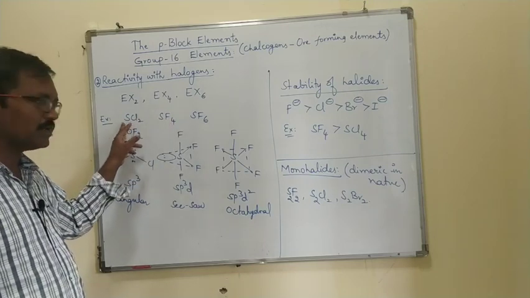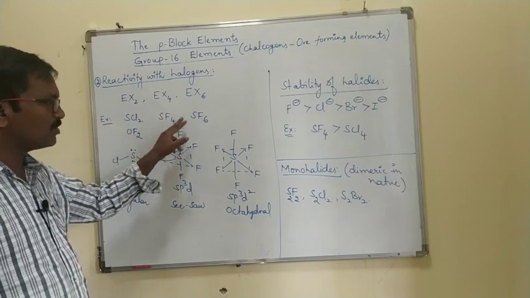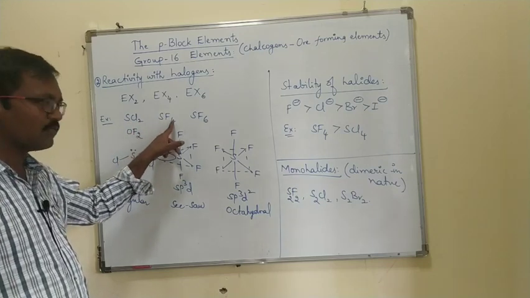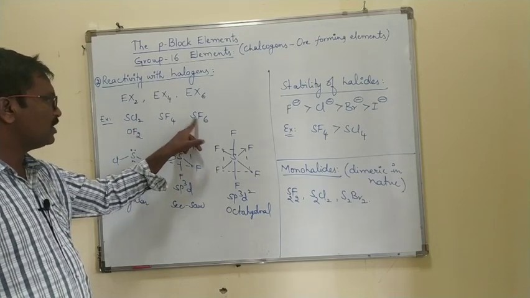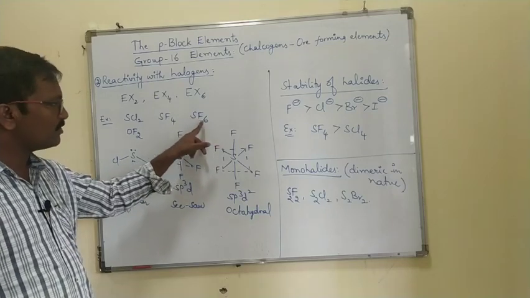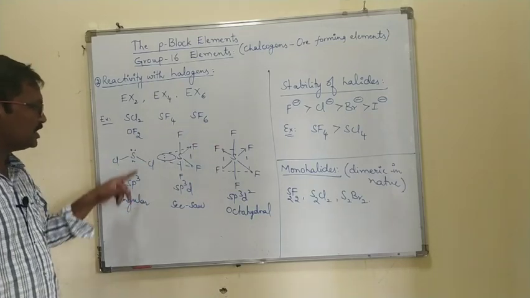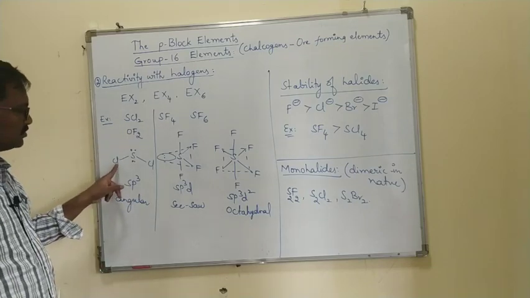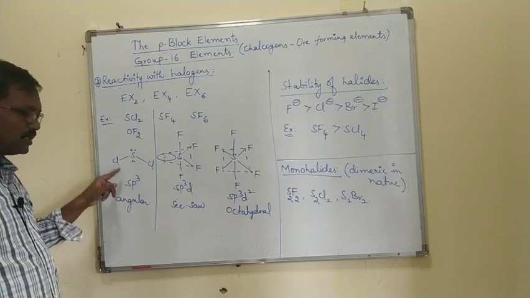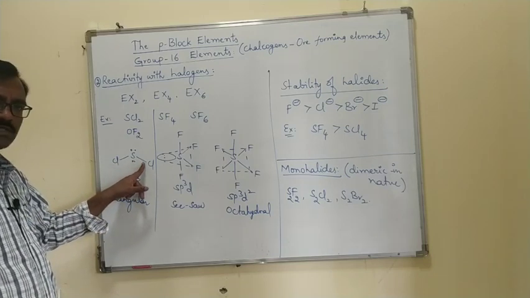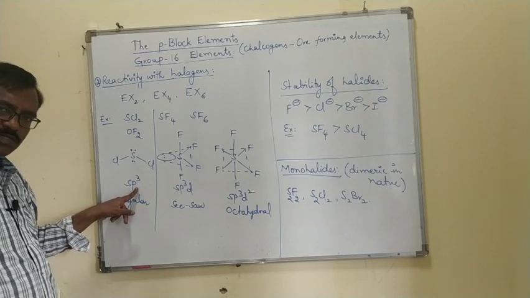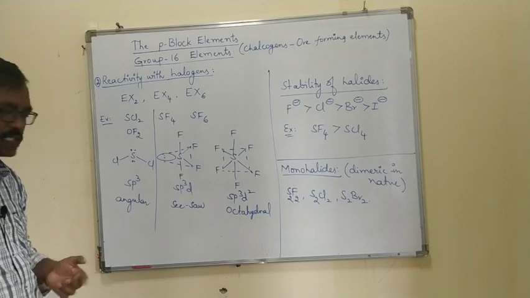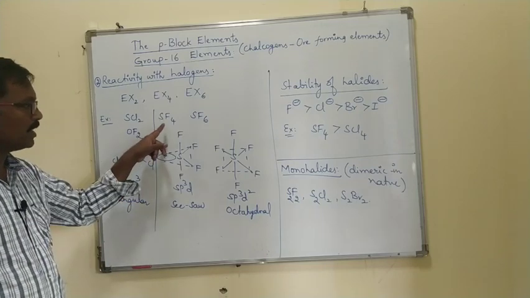I am taking one example, right? Selenium dichloride, selenium tetrafluoride, selenium hexafluoride, or sulfur dichloride, sulfur tetrafluoride, sulfur hexafluoride. I am taking one example. If you see the structures of these, SCl2, right? What is the hybridization? sp3. Two sigma bonds, 2 lone pairs. Generally it belongs to sp3. What is the shape of this one? Angular, just like water, angular shape, right? SF4,